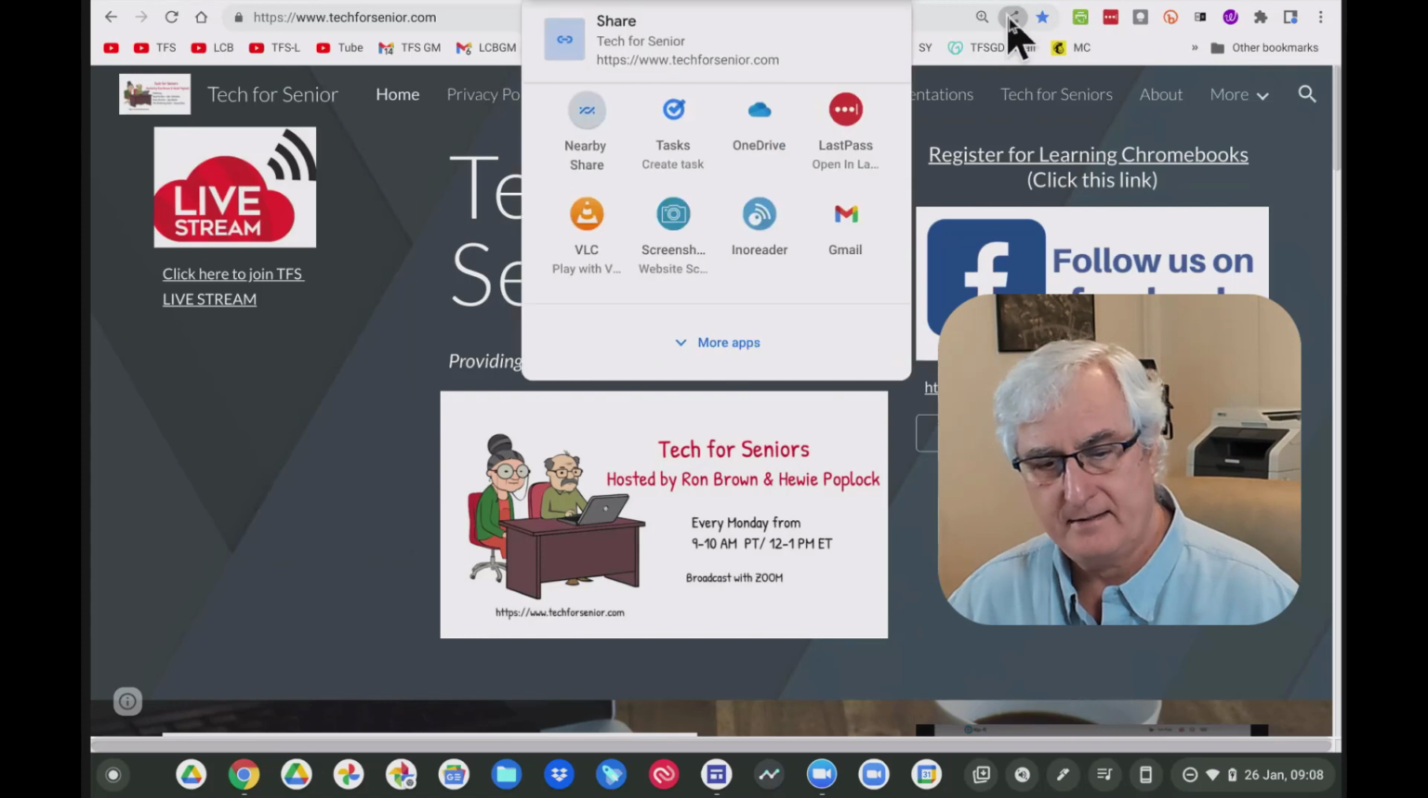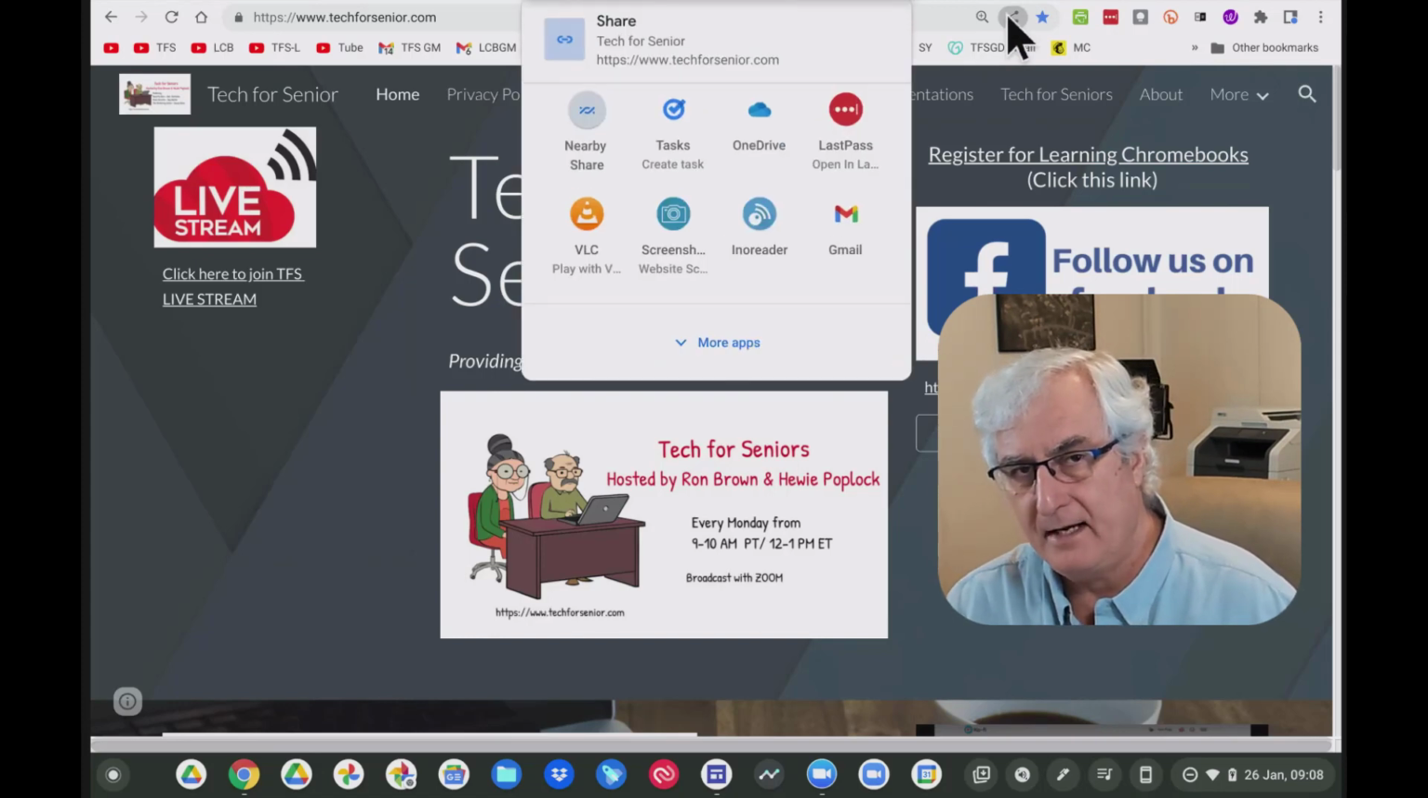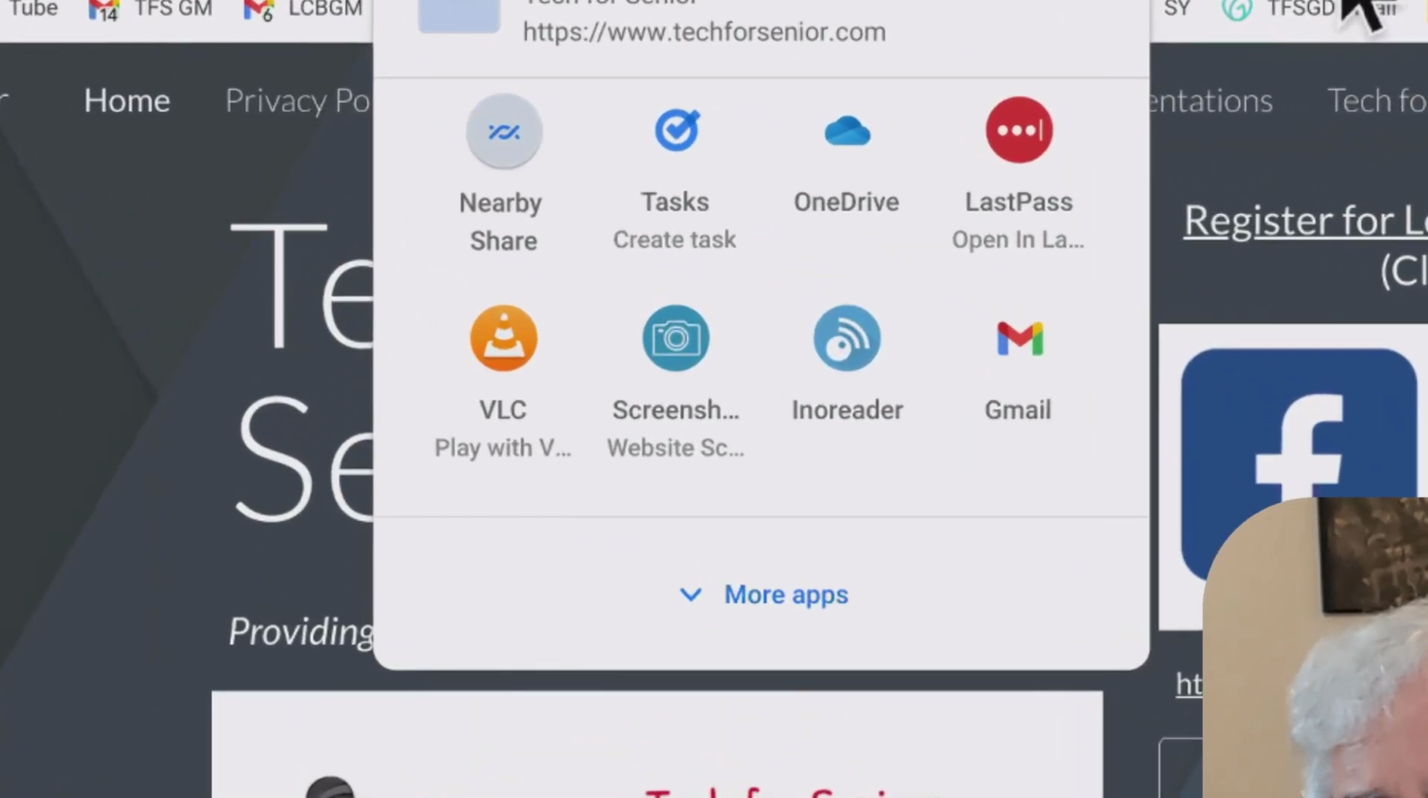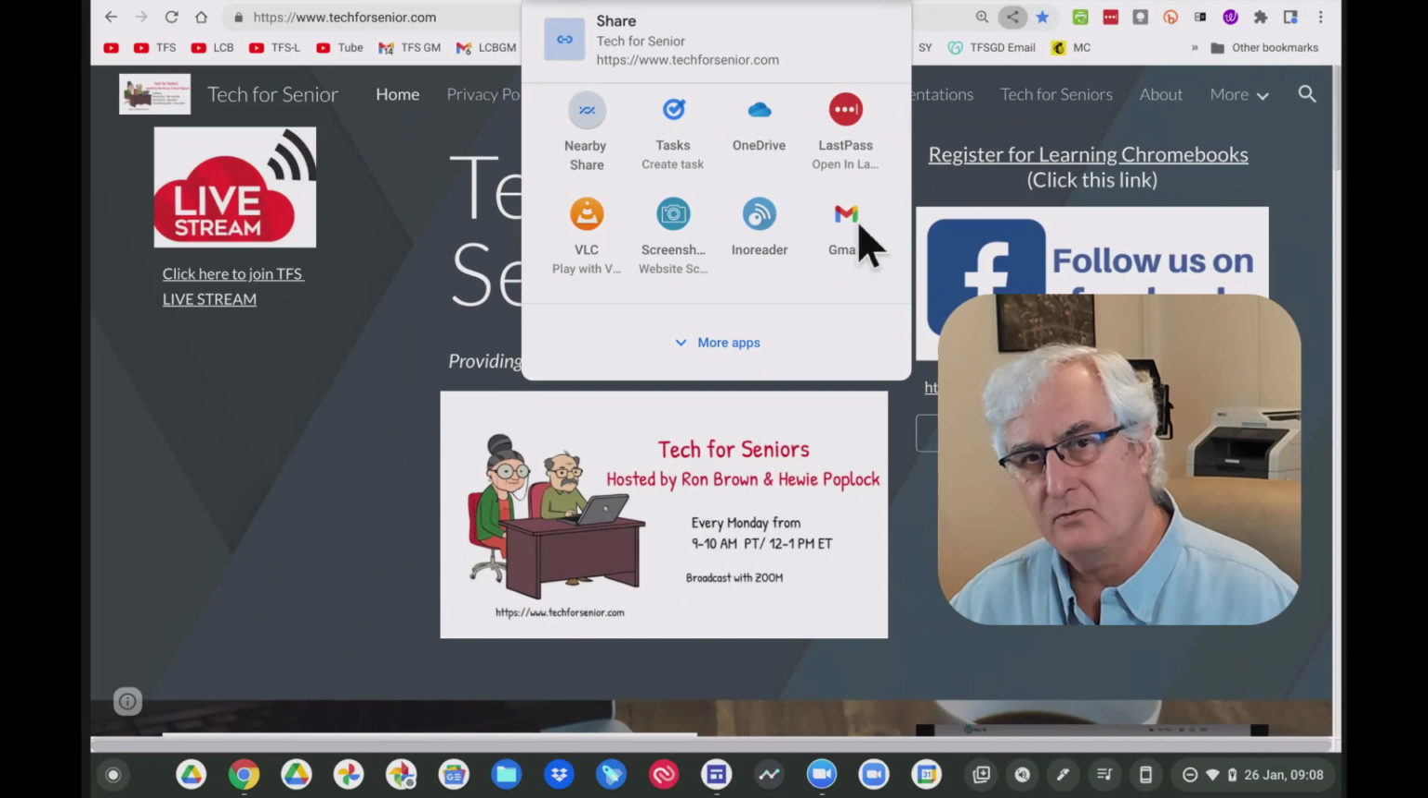We're going to click this, and now another menu comes up. This will be different on each Chromebook that you have. It depends on what apps you have installed. But obviously right off the bat you see that there's a Gmail button. Well, let's see what we can do when we click on Gmail. We're going to click Gmail,